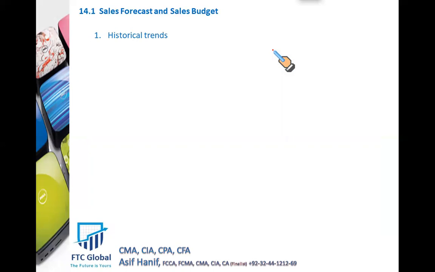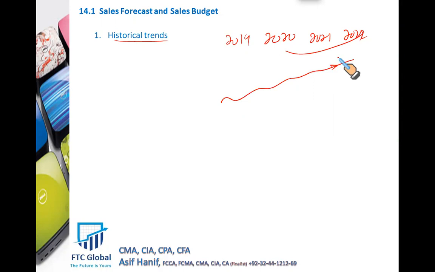How do we forecast what the likely level of sales is going to be? We can use our historical trends. What were our sales in 2019, 2020, and then we can project this into the future, 2022 and onwards. Historical trends will reveal some pattern of your sales, and this can help you anticipate. Let's say in 2021, our sales were 100,000 units, which was 10% higher than the last year. So we can expect our sales to go up by 10% in 2022 also. So it's going to be 110,000, for example. So the sales forecast can be based upon your historical trends.